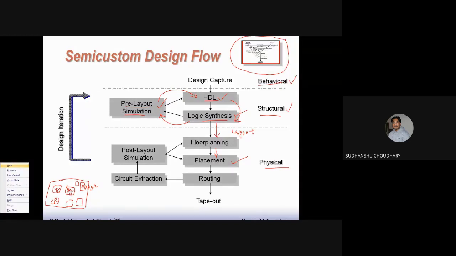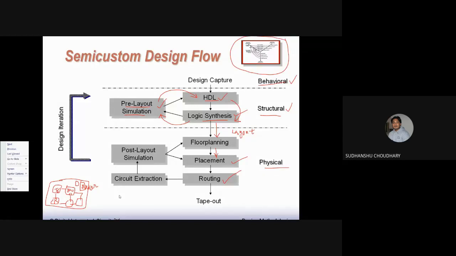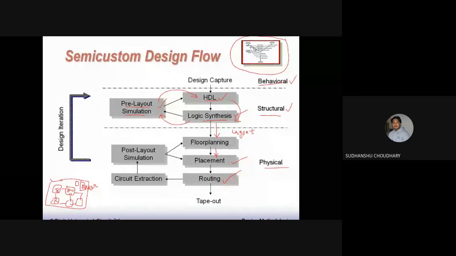And then finally, when you have placed all these modules on the chip, then you have to make connections between these modules also, right? So that is a part which is done during routing, right? So routing is making connections between the modules, cells within the modules, and between the modules, right? Now if routing is performed, then after routing you have the complete layout, right? So that is, I have the complete layout of my chip now here. Then for this layout, I'll go for circuit extraction, that is, parasitic extraction I'll do.